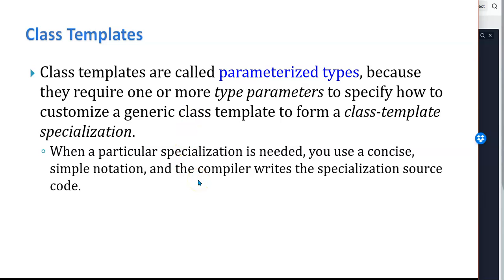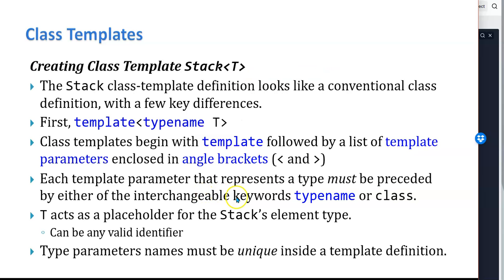Another term for class templates is parameterized types, because they require one or more type parameters to specify how to customize a generic template. When a particular specialization is needed, use a concise, simple notation, and the compiler writes the specialization code for you. So, in order to create a class template,